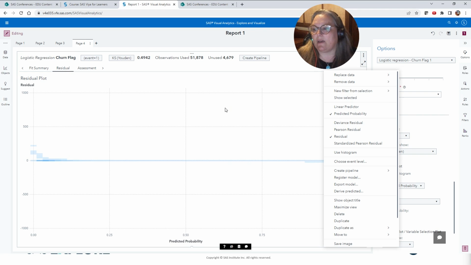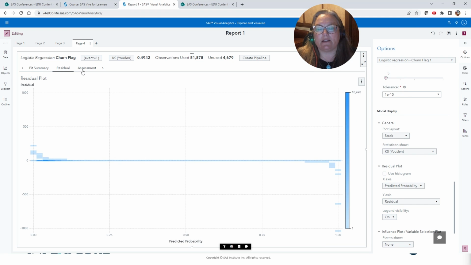I'm not going to do that. We don't have that much time today. I do want to point out that you have some other choices here. You could use the Pearson, you can use the standardized Pearson as well. You could see a histogram.